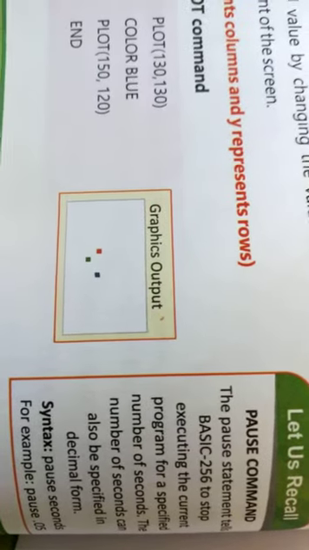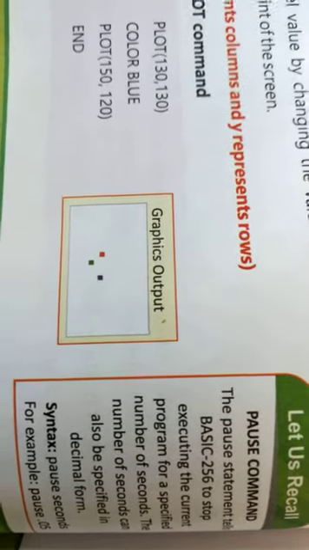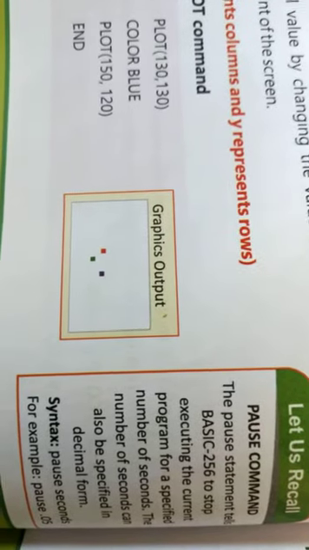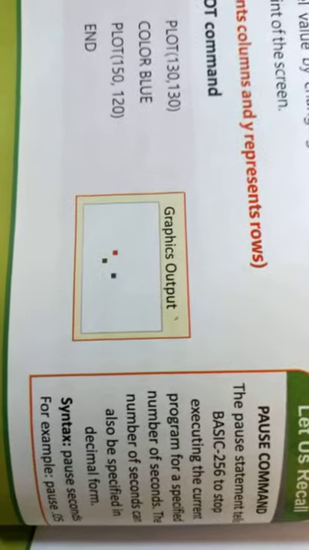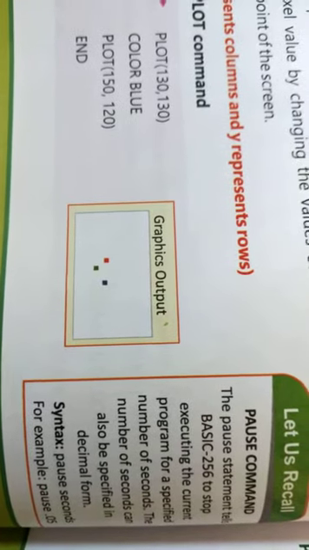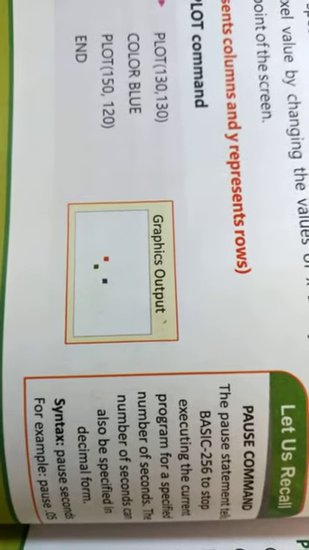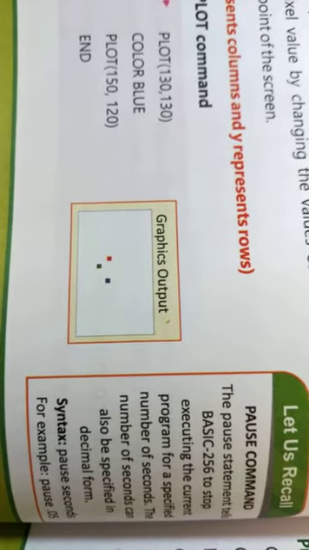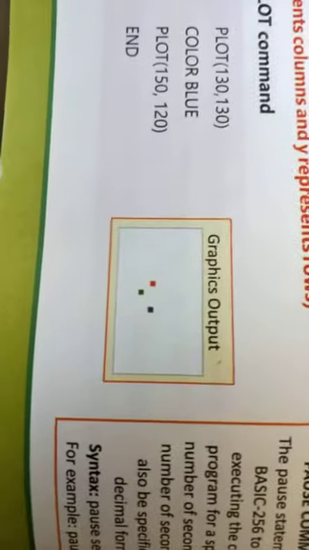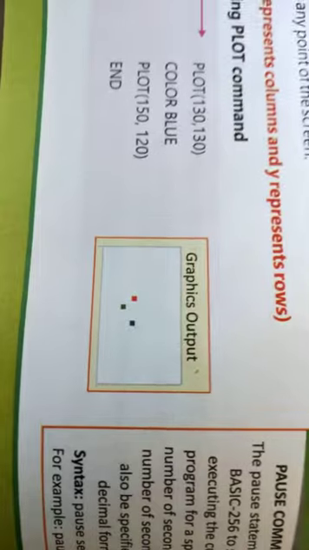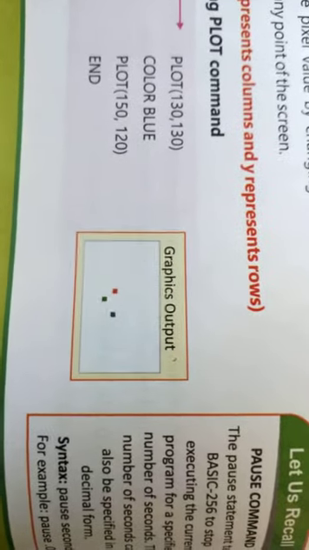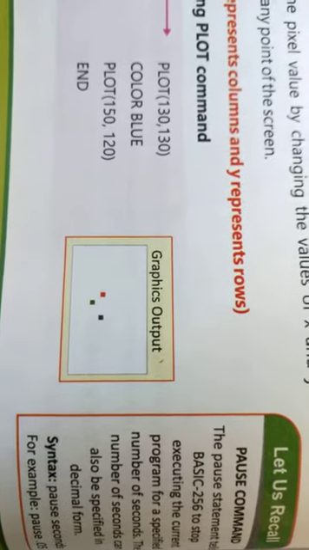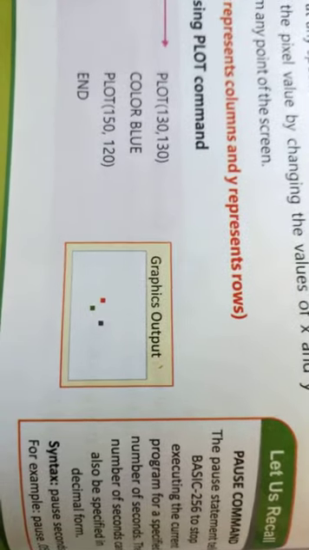The x-axis and y-axis defined for the red color, there you will get the dot of red color. The particular coordinates of x-axis and y-axis defined for the green color, you will get the green color dot there, and for blue color, whatever coordinates you have assigned, you will get the dot of blue color on that particular screen.